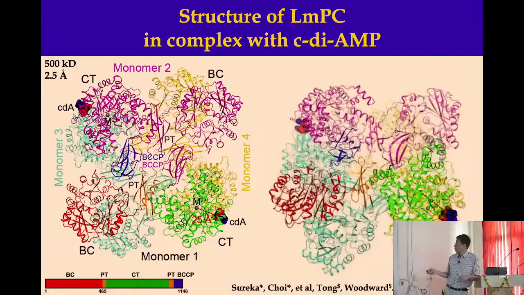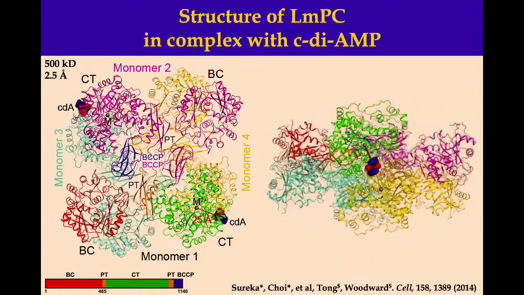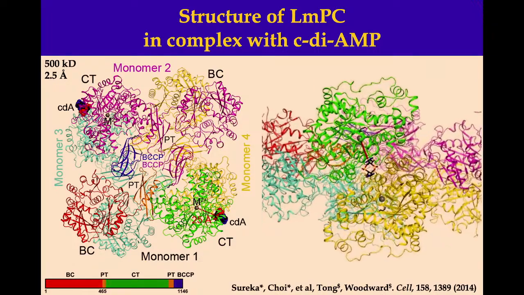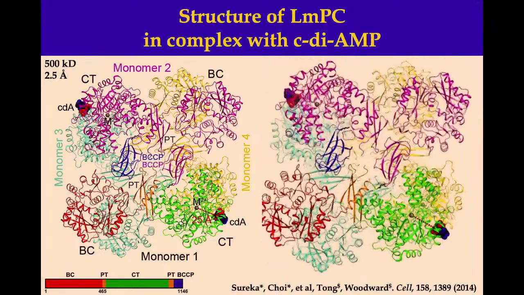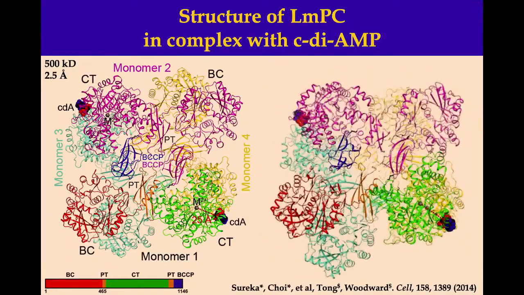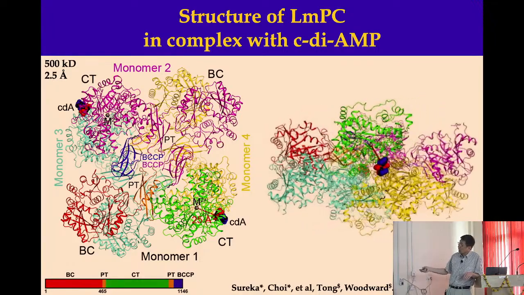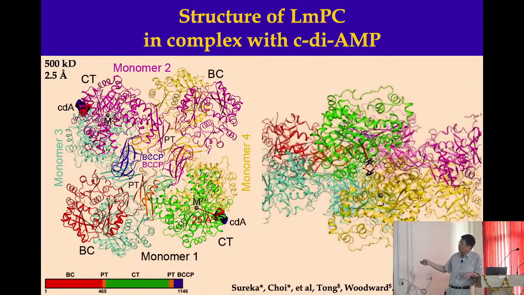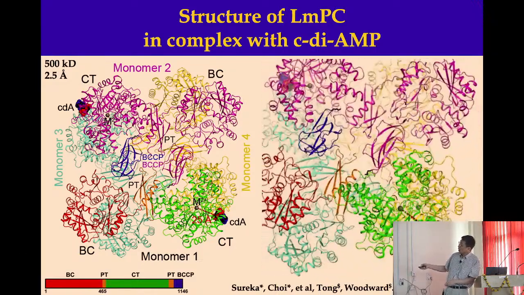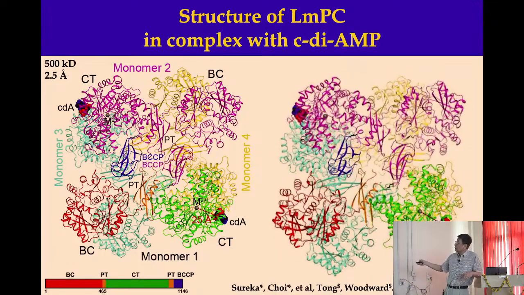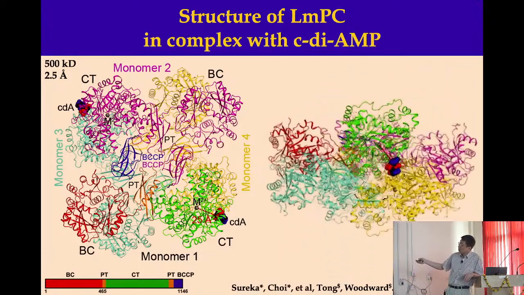So we determined the structure of this 500 kilodalton tetramer by crystallography, with sarcodine AMP bound right here. But before I go there, remember BCCT? BC is a dimer right here, the other dimer right here, a tetramer, so 4 BCs. The whole structure is like a square or a diamond, and each corner is a dimer. A BC dimer at one corner, another BC dimer at the opposing corner, and CT dimer, CT dimer.